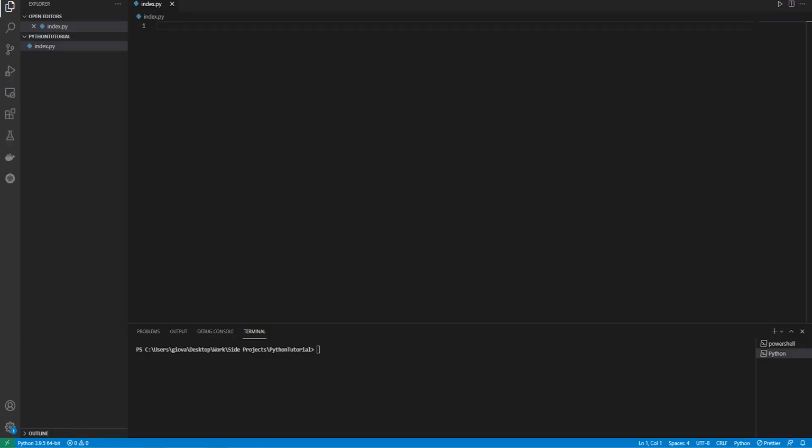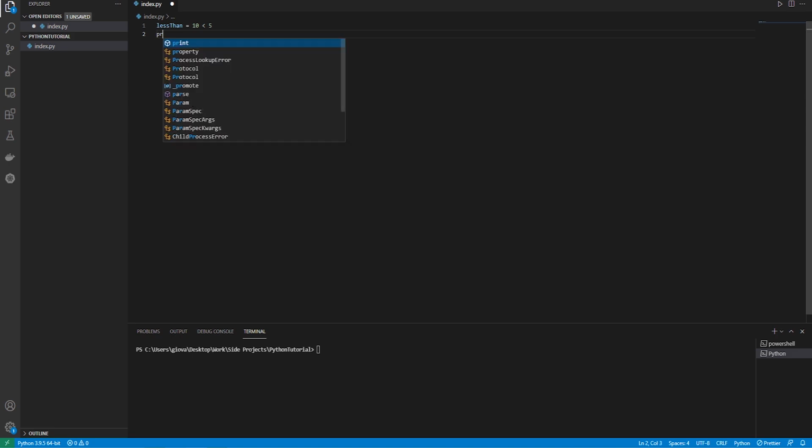Alright, so let's start going through these operators one by one and seeing what they return. The first operator we're going to go over is the less than. We're going to have a variable called less than, holding a statement that checks if one value is less than the value on the right. So let's see if 10 is less than 5. We just use the less than sign in between to check if the left value is less than the right value. And if we print that out,